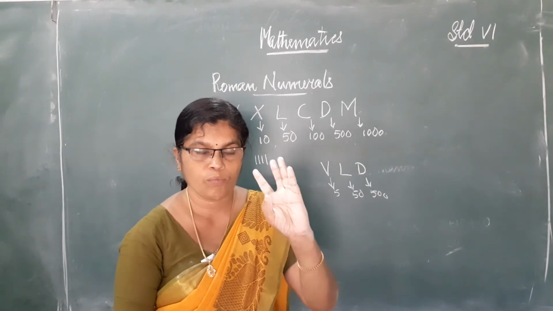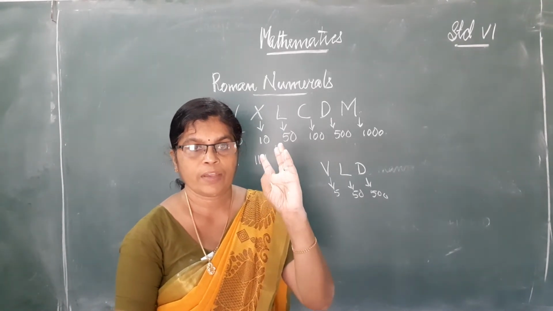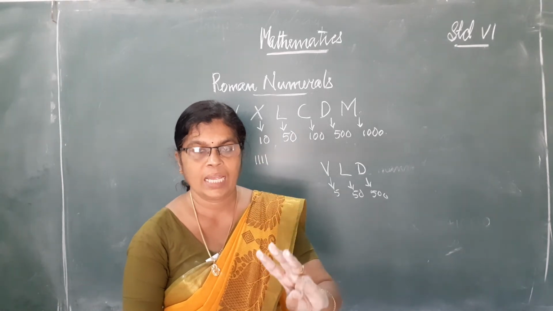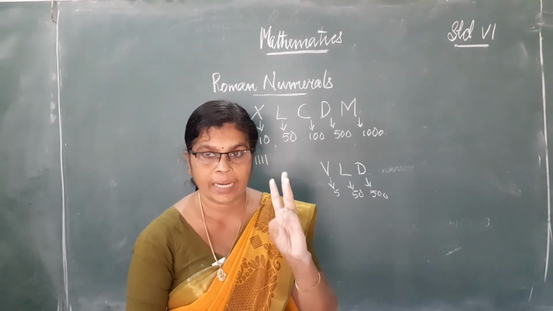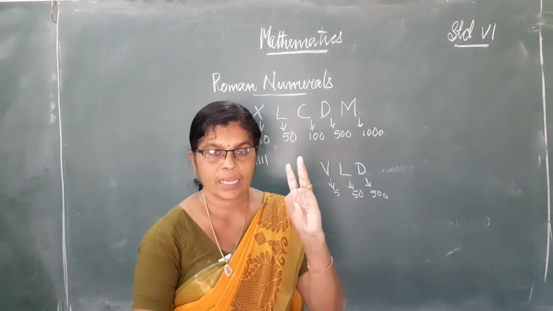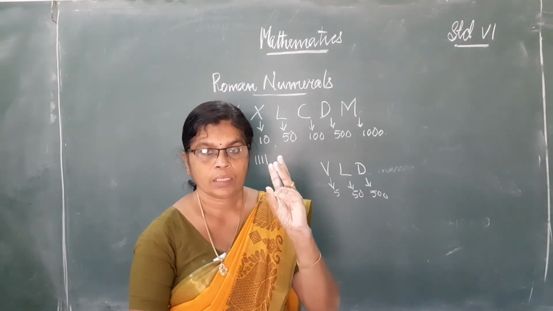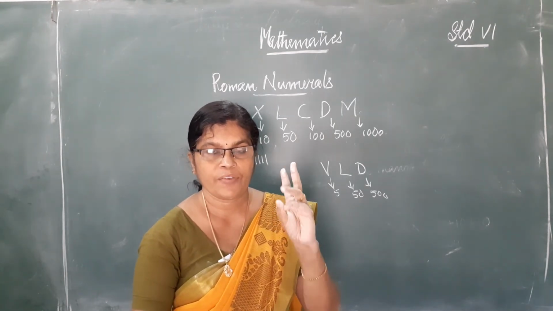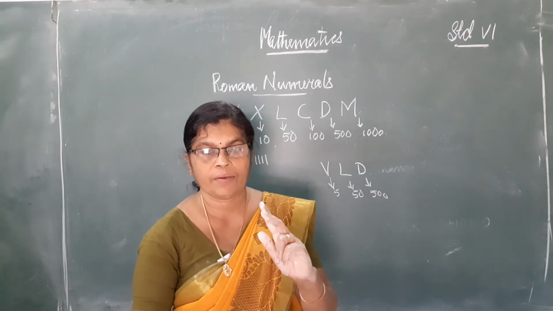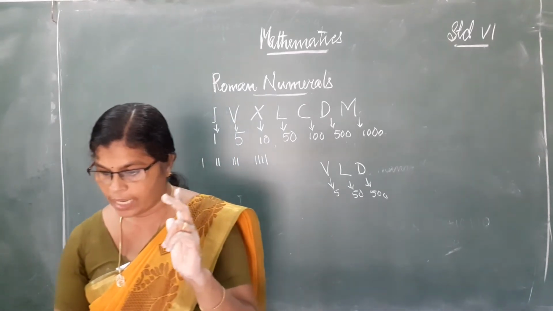So the first rule, what we have seen? If a symbol is repeated, its value gets added. That is the first rule. The second rule is that the symbols V, L, D are never repeated. And the next rule is